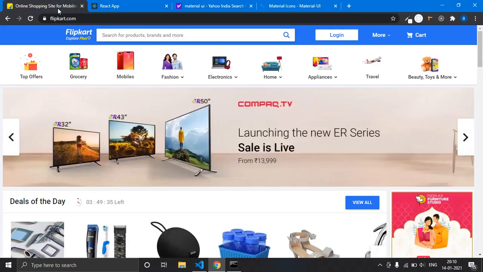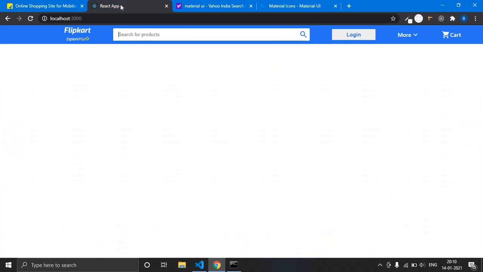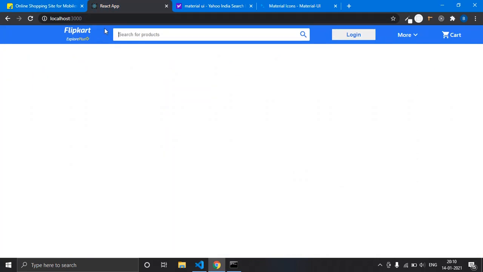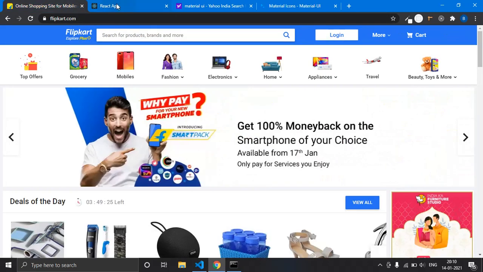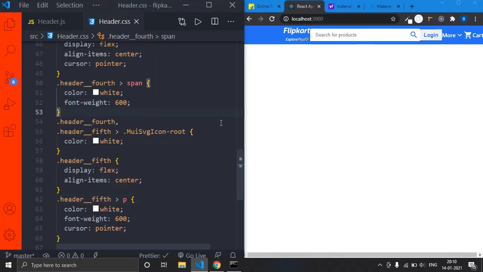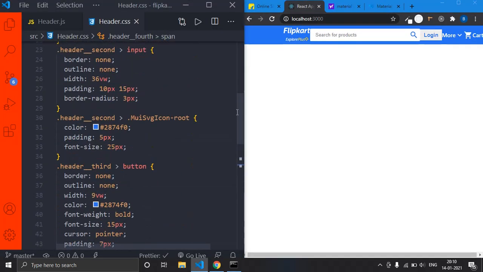Okay, almost it is looking similar to the original Flipkart, but here we have more space than our original Flipkart, right? So now let's figure that out.